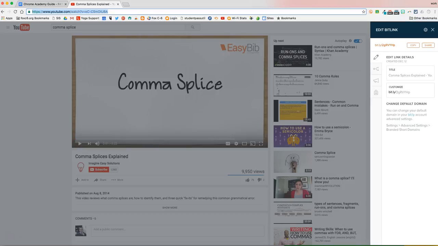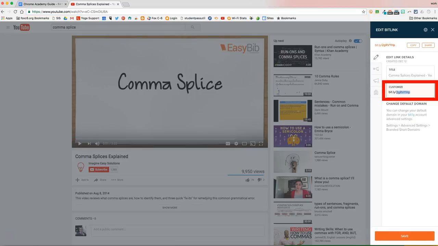And we have this little pane that shows up on the right. And I'm going to click where it says Customize. And I'm going to create my own custom URL. When you're using bit.ly or any other URL shortening service, it's a good idea to come up with a naming convention to use whenever you create short URLs, because once a bit.ly has been used once, it can't be used again. So I'll always type pres, a dash,